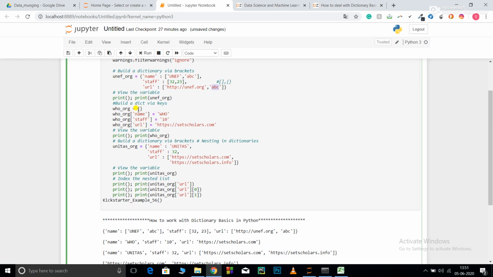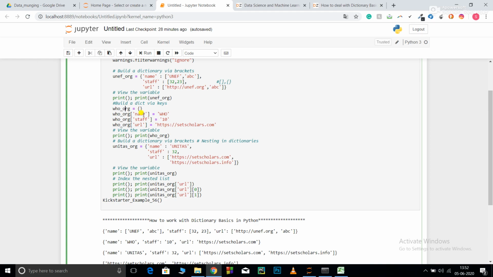There is another method. You can define a dictionary by first defining an empty dictionary. So for who_org, I've defined an empty dictionary by just passing the curly braces. This means who_org is an object of dictionary type. Now you can add the dictionary elements.